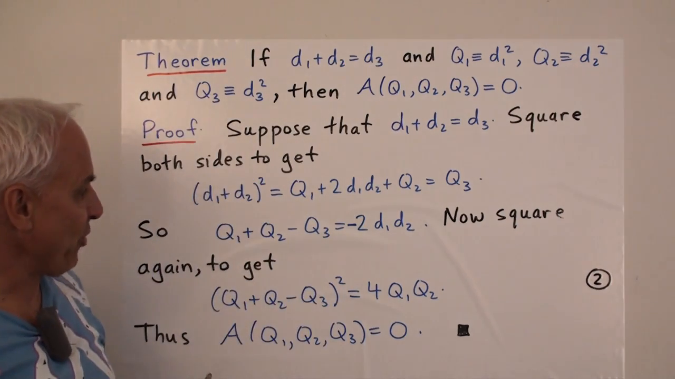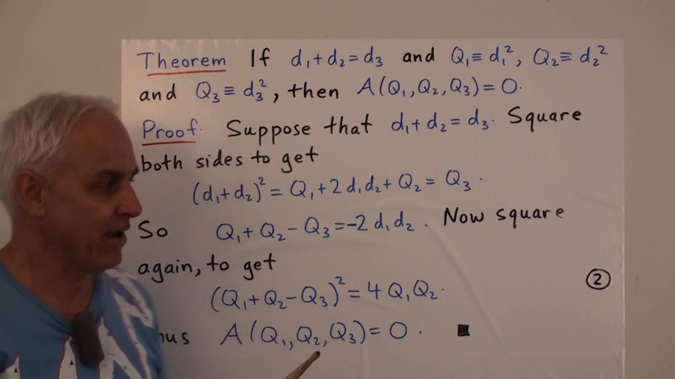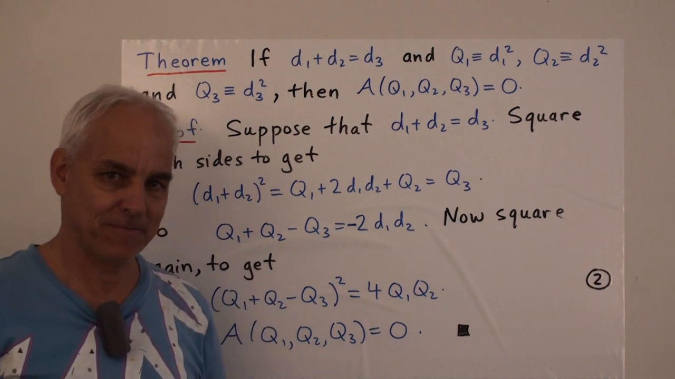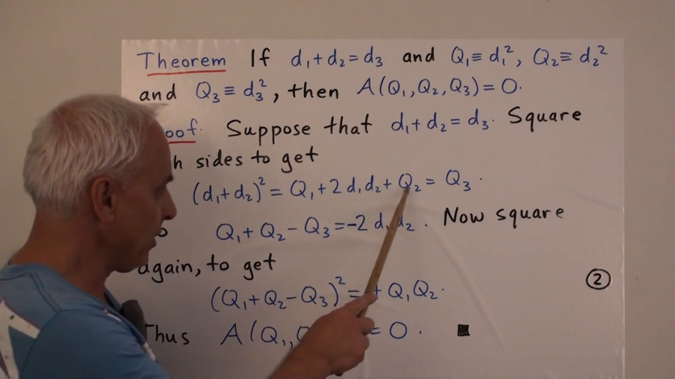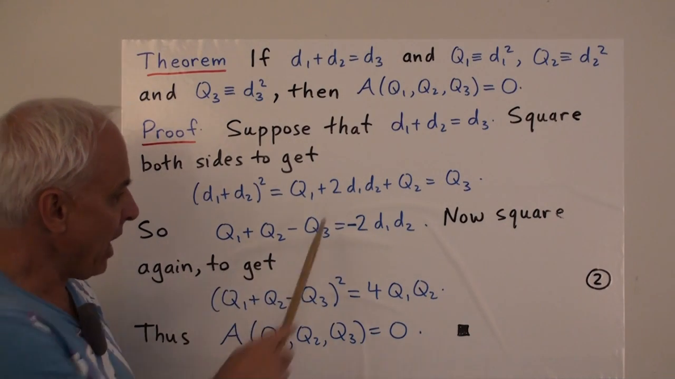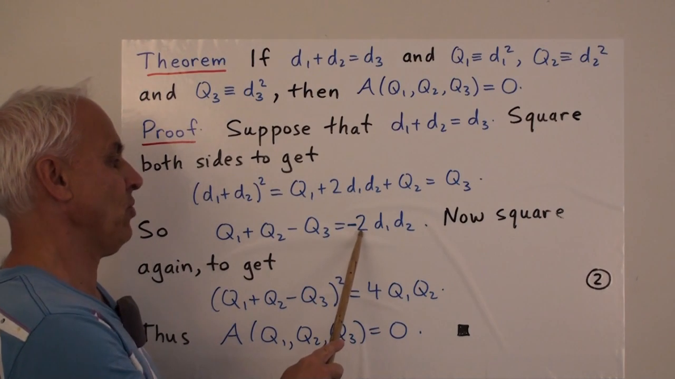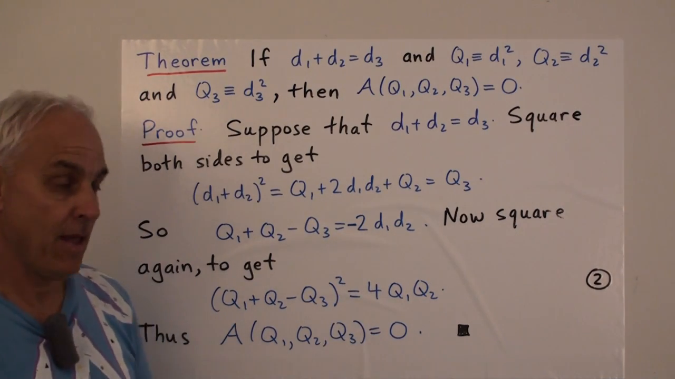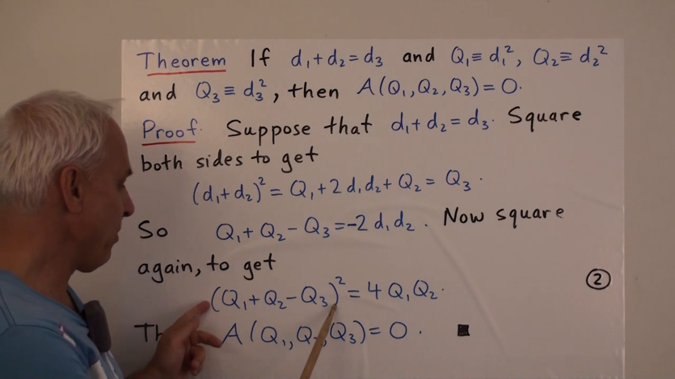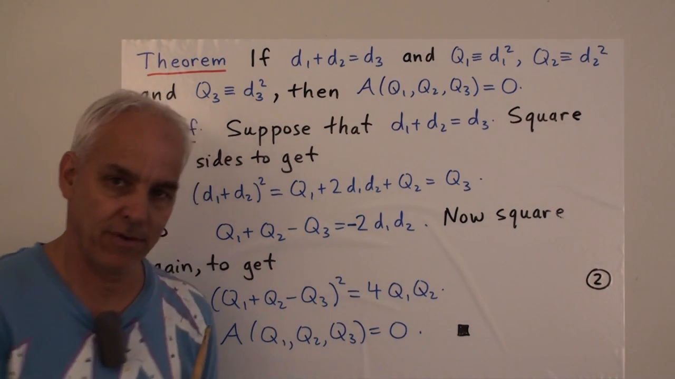Well, a little bit of algebraic manipulation. What we're going to do is bring all the q's to one side and all the d's to the other side. And then we're going to square things again. All right, so we take q1 plus q2 and we subtract q3, so there's the left-hand side now. And we bring this 2 d1 d2 to the right-hand side, so we have minus 2 d1 d2. And now we square both sides to get